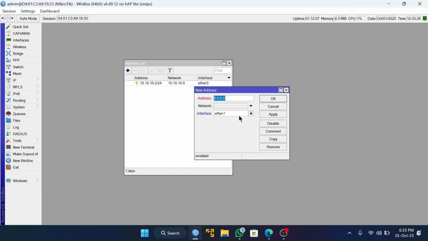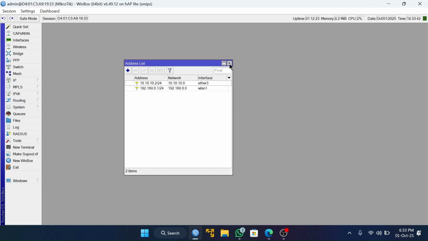Then you add again, and now for WLAN 1, the wireless interface, fill in the local IP like this. Type like this and click OK.